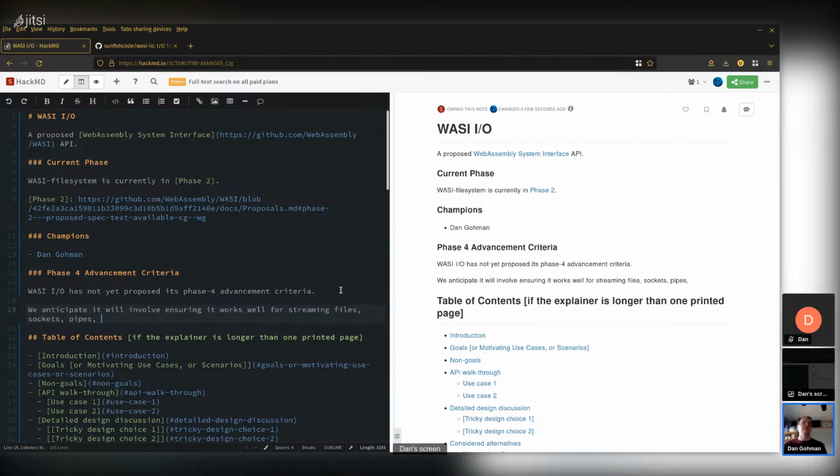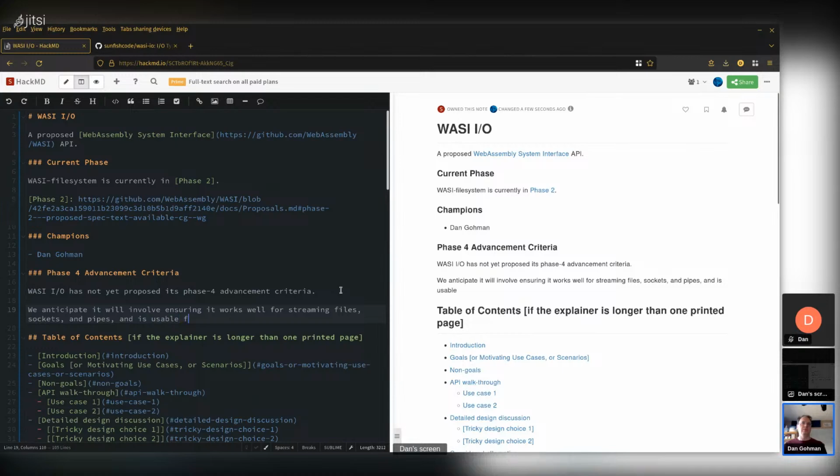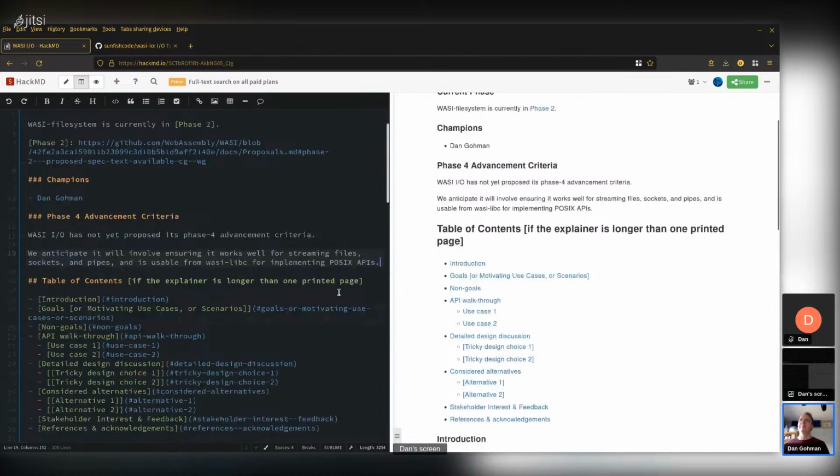Sockets, pipes, sort of, if we do those three, yeah, I'm very much cognizant of not wanting to specialize WASI too much for POSIX, but in this case, I think if we can implement the POSIX APIs on top of this, that sort of gives us a good feel that it'll work well in many different source languages. So kind of where that ends up there.